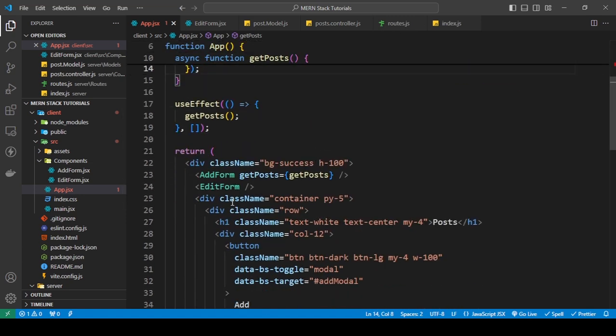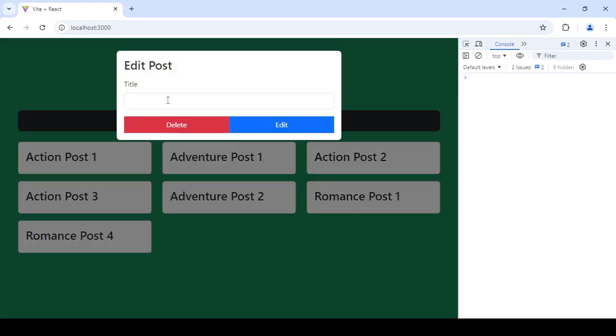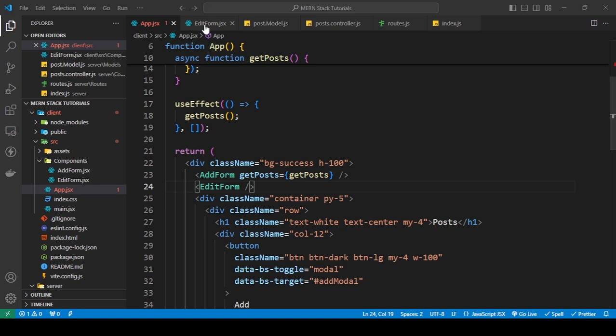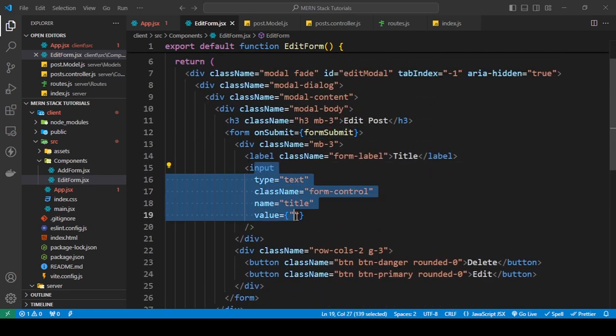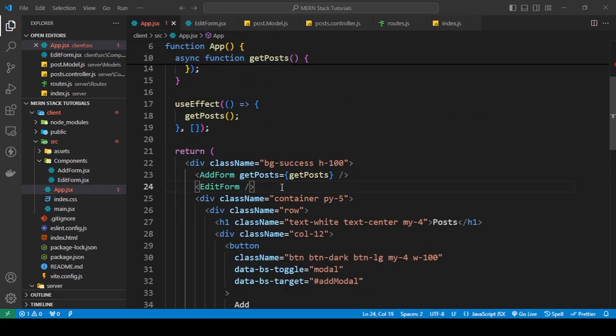Okay, so we have an edit form, and when I click one of these, this form is going to appear, and this is the edit form that is inside our edit form component. And this isn't really anything complicated. It's just a form with an onSubmit, and it's going to run this function, and we have our input. Okay, so what we're going to do here with this is